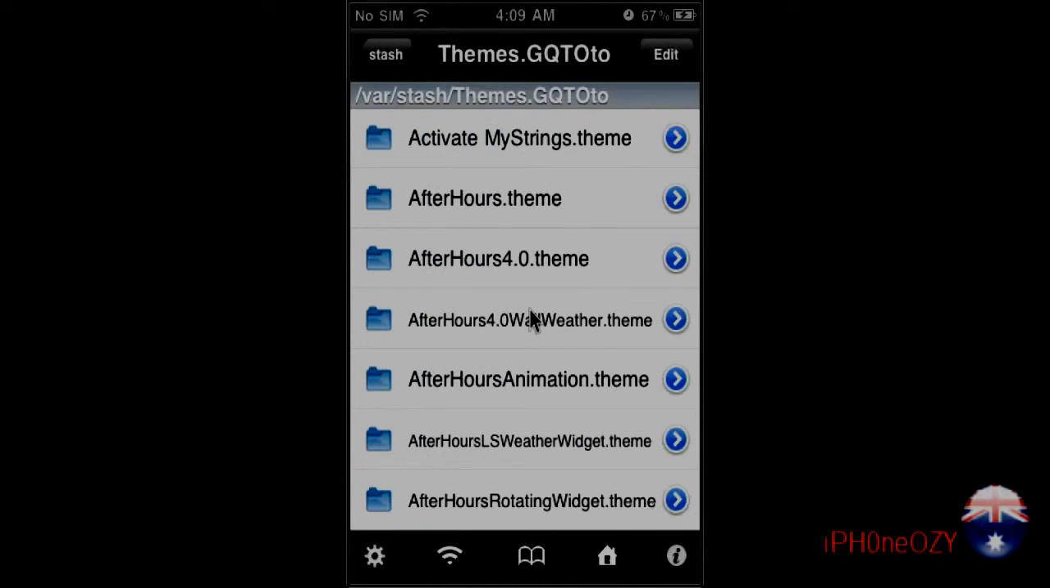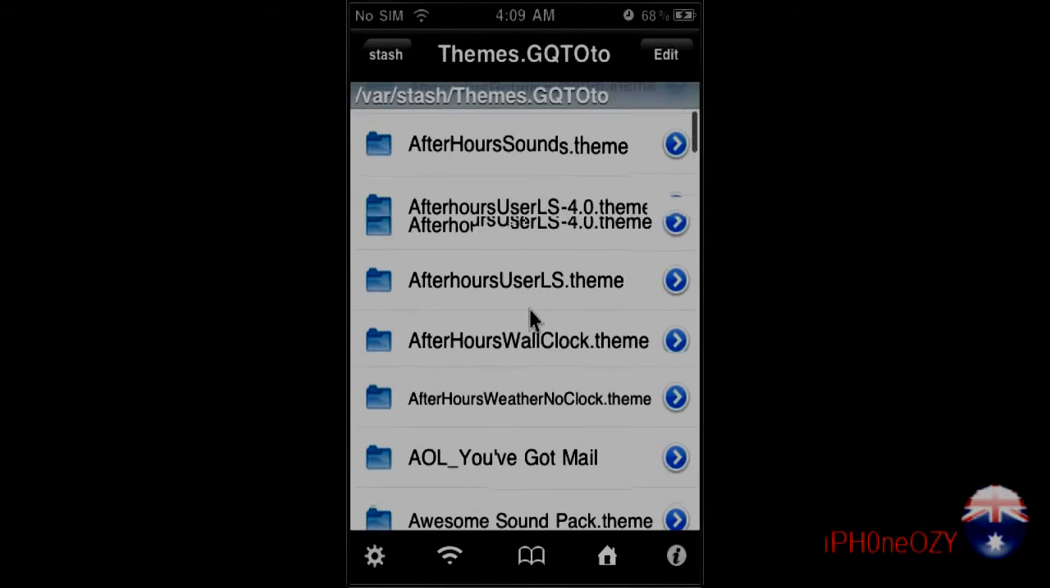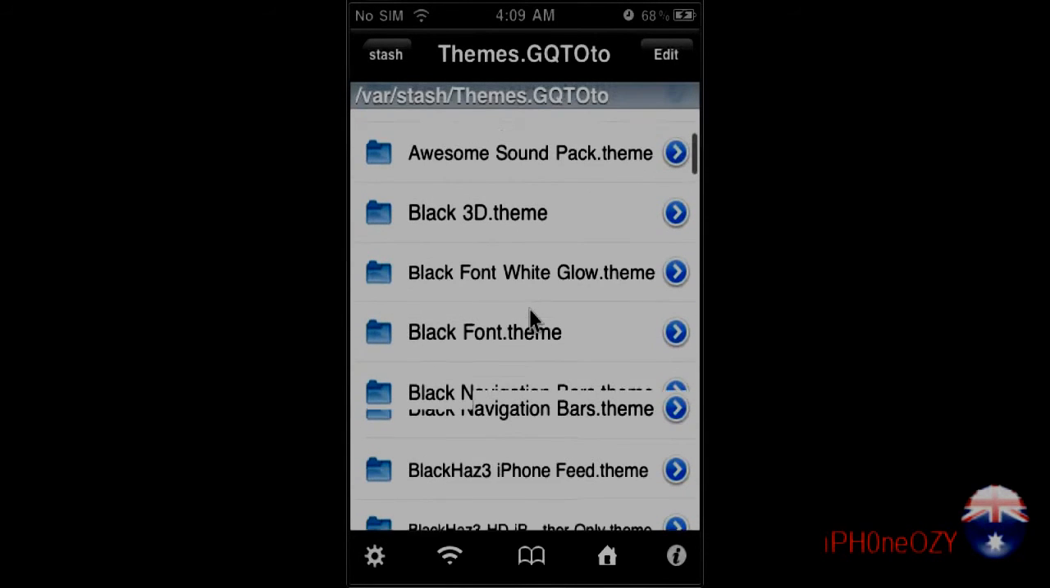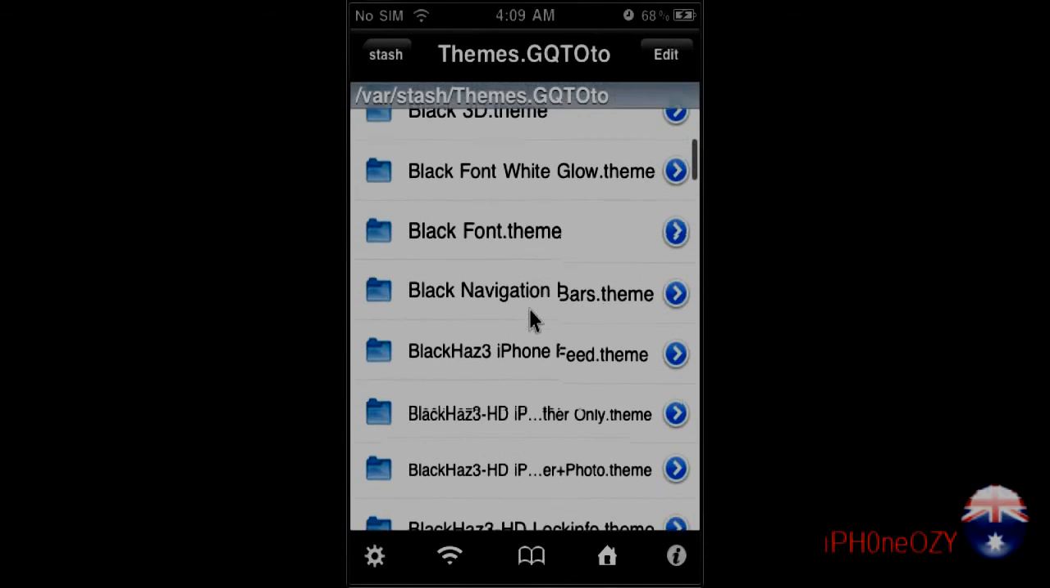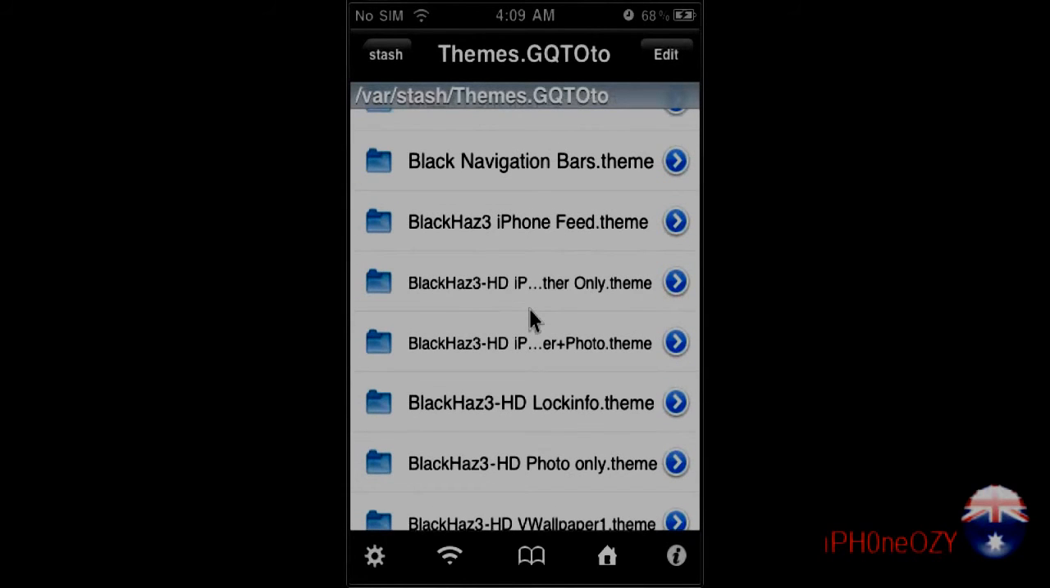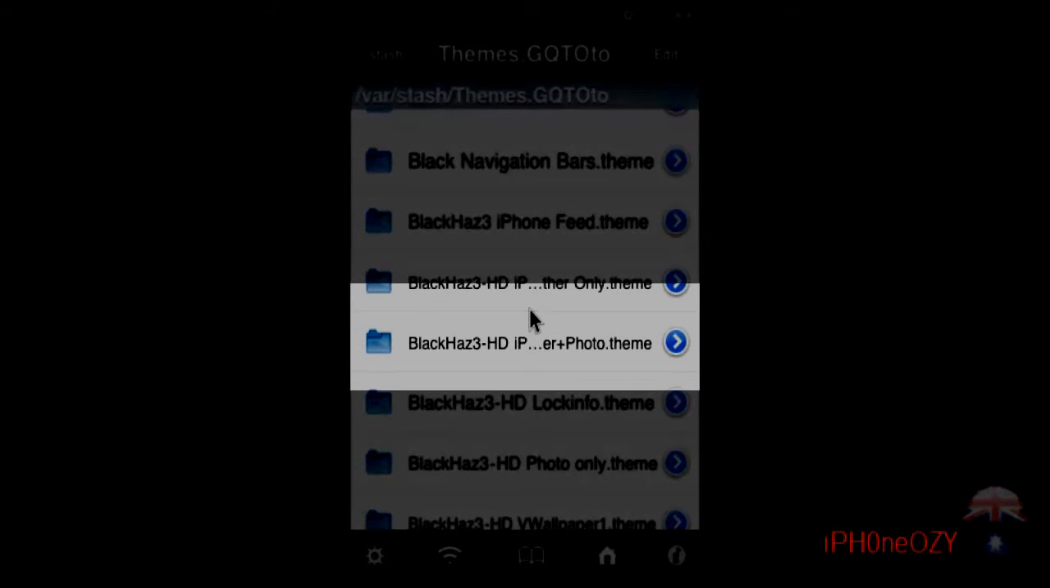So we open that folder, and as you can see I've got quite a few themes there, but in this case the one that I'm using is Black Haze HD. So we go down until we can find Black Haze HD. Now, depending on the configuration of each theme, depends on where you put the code. For me, I'm using the weather and photo theme, which is where you saw the 3GS photo frame and the weather widget at the top. So this is where I'll open up